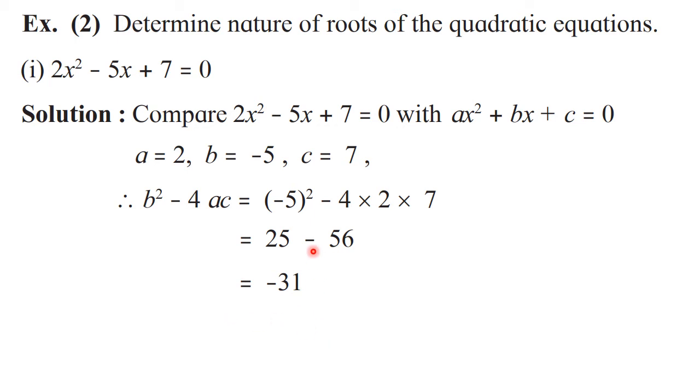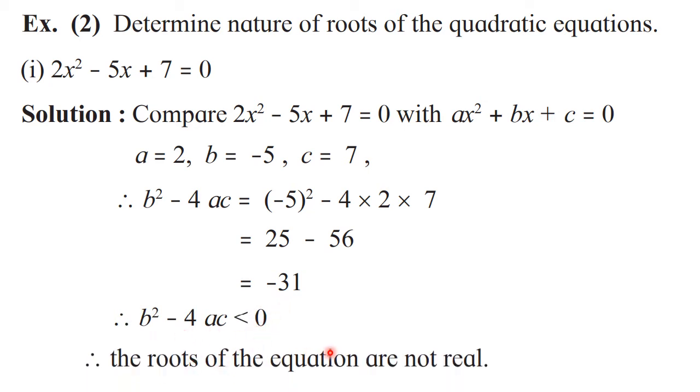So now since this delta is negative, or less than 0, here we can say that the equation has no real roots, or the roots of the equation are not real. You need to write this. This is the given condition or possibility, that here we got a negative answer. That means discriminant b square minus 4ac is less than 0, and therefore the roots of the equation are not real. This is called the justification of your answer.